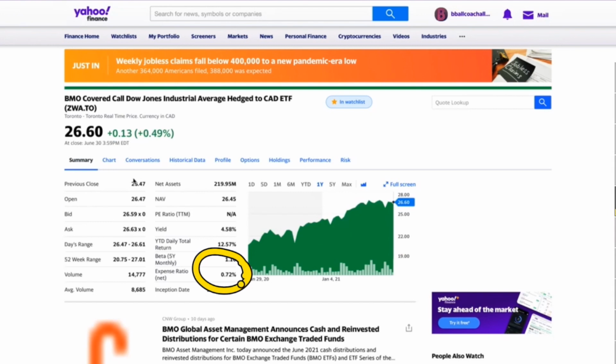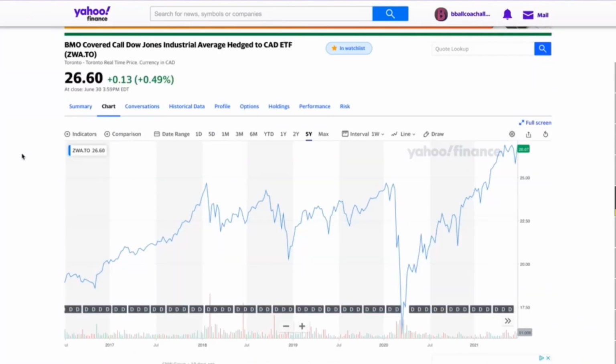The MER on this one is 0.72%, which is a bit higher than most ETFs. However, it is on point and on average when it comes to covered calls because they're more of an actively traded ETF. Now, if we look at the 5-year charts,